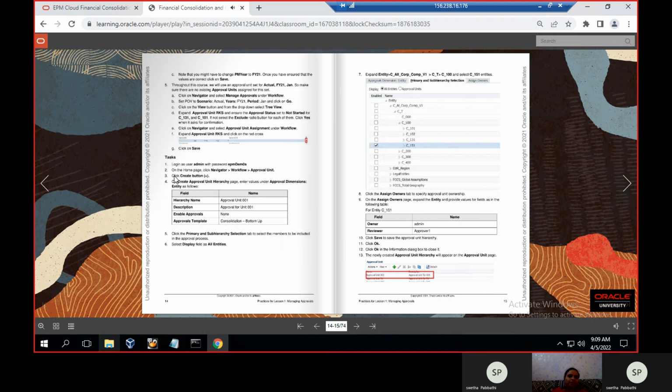So let's see the process how it is going on. After giving all the data, log into admin, click on home page, navigator, workflow approval unit, click the create button on the create approval unit hierarchy page, enter the values under the approval dimensions, click the primary and subsidiary selection tab to select the members to be included in the approval process, select display and all entities, expand them, and